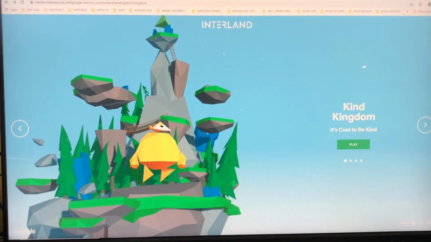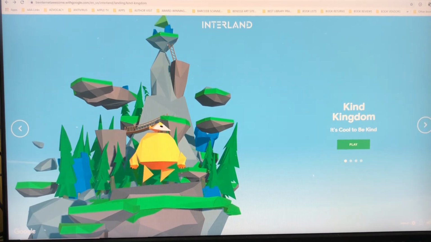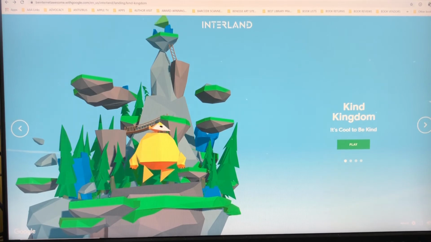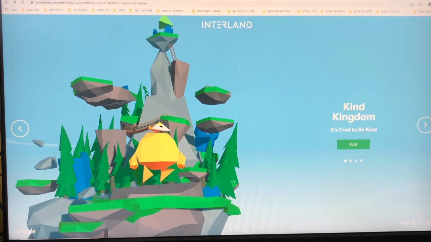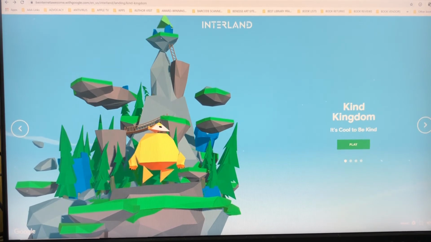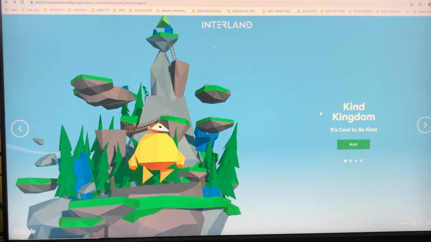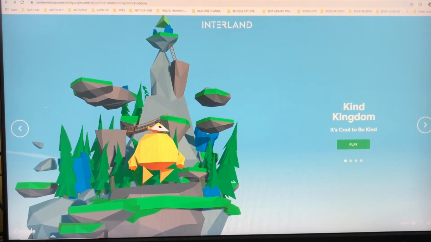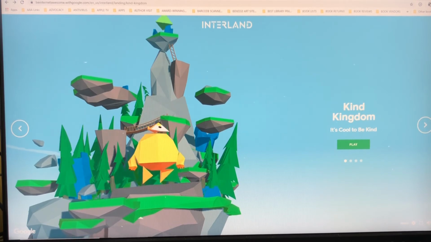To use Interland, this game is more complicated than the other games in this list. So I would recommend it to any of the students who have already had a lesson on one of these modules with me. I think it would make more sense to them if they do that. Otherwise, we will be covering this when school is back in session, and I can work on this with all of the students at the library computers in the library computer lab.